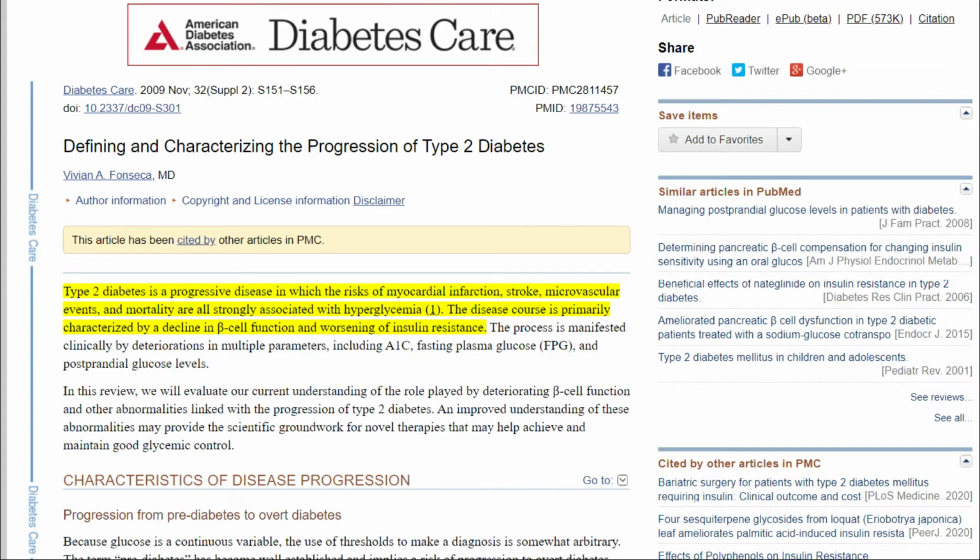You see the vicious cycle over and over again. The more insulin they take, the more the resistance is there, so the more insulin they have to take. And that's why doctors keep prescribing higher and higher doses of insulin. And all this happens because type 2 diabetes is non-reversible.